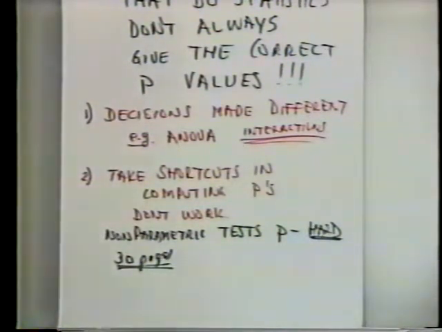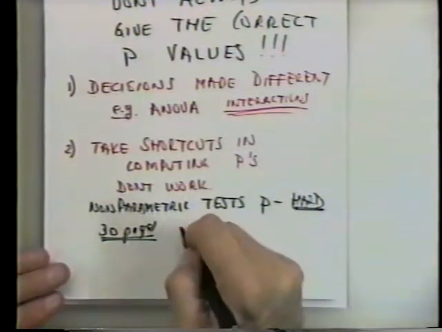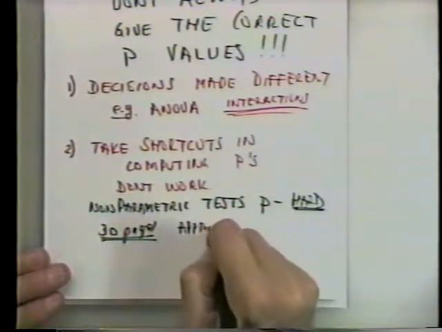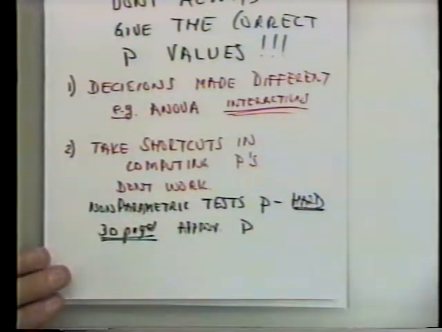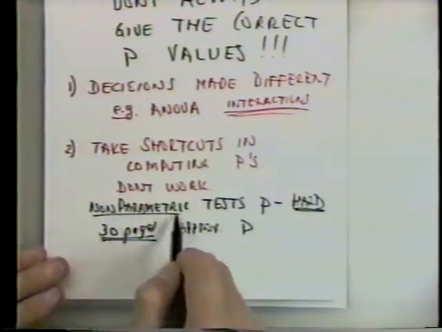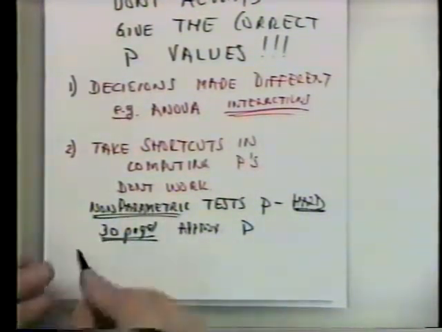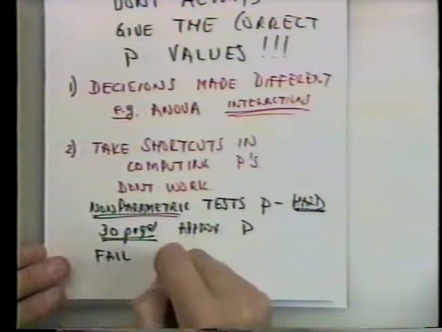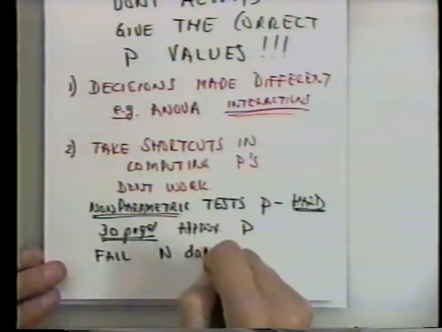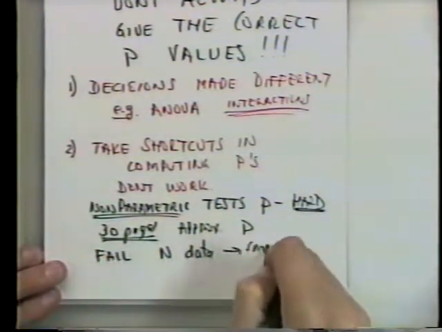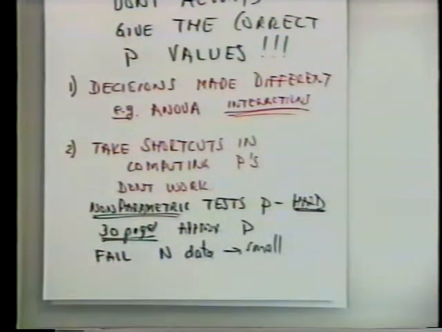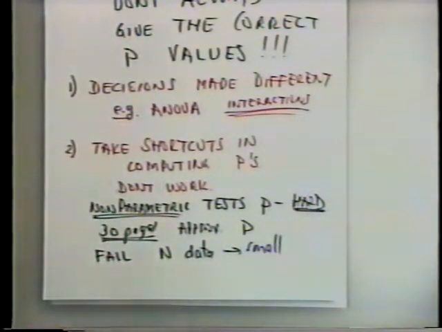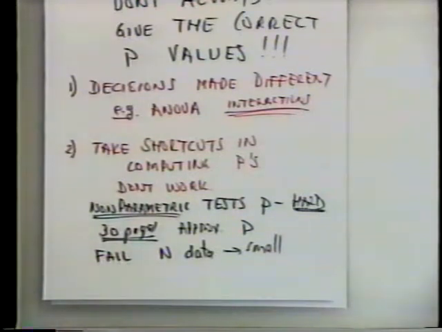People don't like to do things like that. So one way to get around this is to use certain approximations to calculate the p-values. And we saw specifically in the non-parametric test there are certain approximations, but these fail when the number in the data is small. And that's exactly the case you want to use the non-parametric tests. And so since they use these asymptotic formulas, they get the wrong p-values.